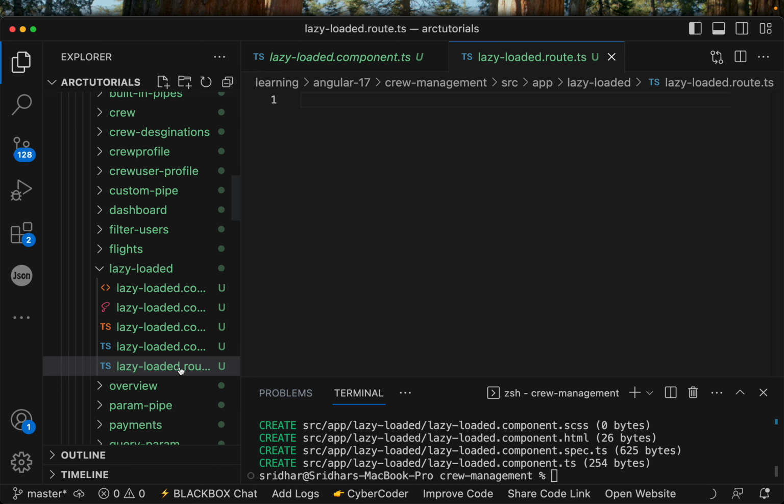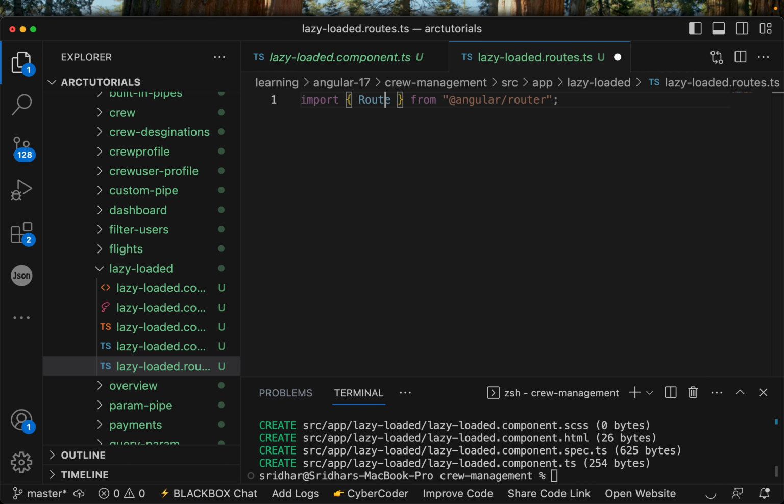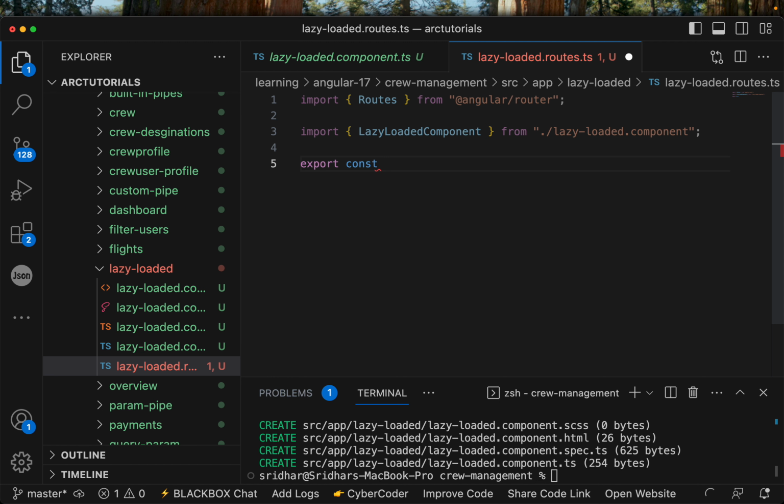All right, let's rename it to routes. That's the standard one. Okay, so here first we'll import the Routes. Now we are going to import whatever component that we have, which is the lazy loaded component. So now we got the routes, we got the lazy loaded component. Let's just export this. Now you're going to say export const lazy_loaded_routes is equal to,